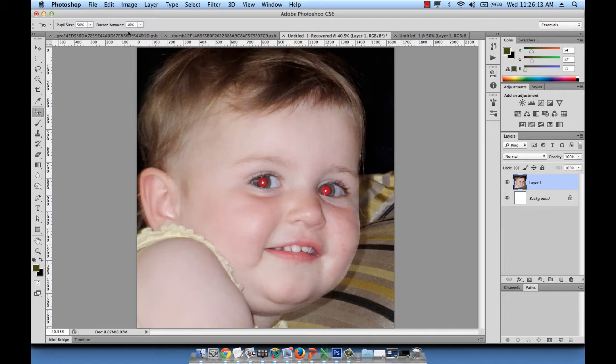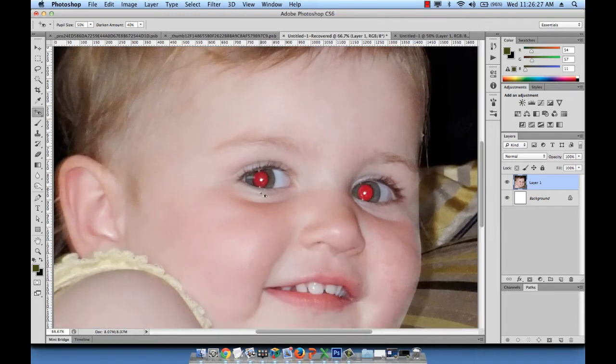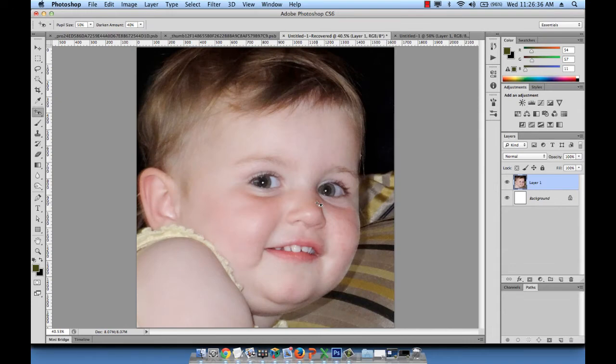I think these values work fine for this example because I don't want to make it too dark, and 50% for the pupil size works here. It depends on the size of the image, the size of the eyes in that case, and so forth. So let me zoom in and just hover in the center and then click once and the red eye disappears. So it's quite easy, just by a click of a button, you have the red eye replaced by a natural